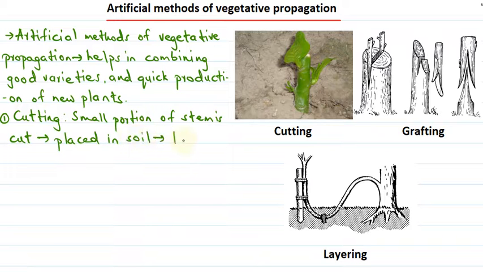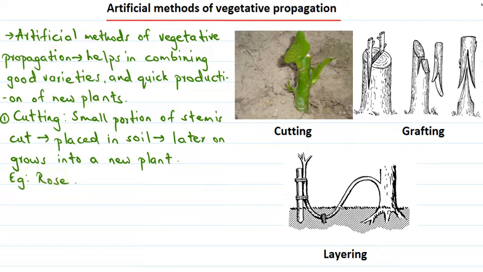Later on it grows into a new plant. This method of cutting can be practiced in the case of rose. Next we will move on and discuss the next method, that is